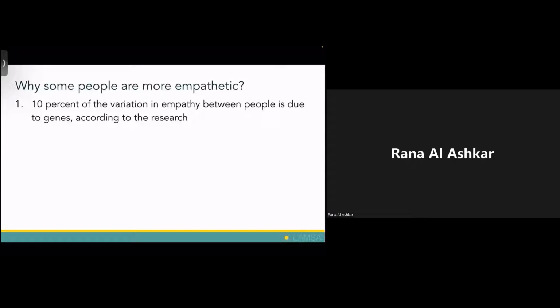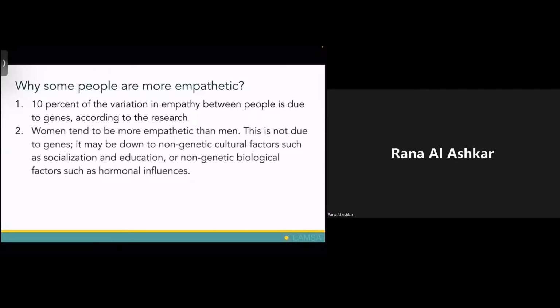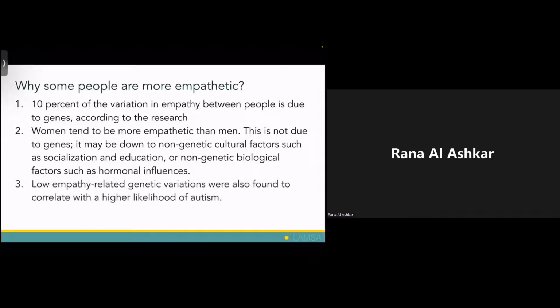But it's not the only component, because another study found that women tend to be more empathetic than men. And while looking at the genetic component, they found that it's not in the genes, it's more towards socialization and education. Women are more empathetic because they are raised in a way that makes them feel always responsible for others, caring for others, and because of hormonal and non-genetic biological differences between men and women. So we found that, one, genes are part of our levels of empathy. Two, our gender, or how we were socialized and educated. And third, the